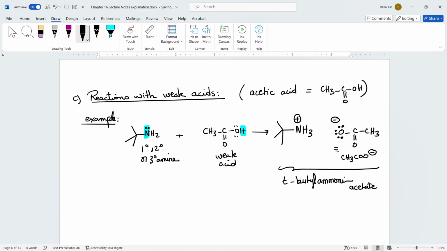The acetate is the base of the acetic acid, okay? And normally the base of the acid, we've talked about it in the chapter earlier, we end the name in -ate at the end. So this is why that name is going to be an acetate. This reaction is pH dependent.